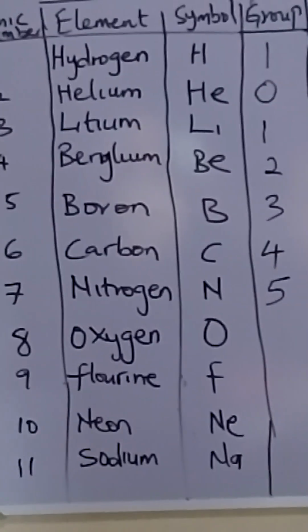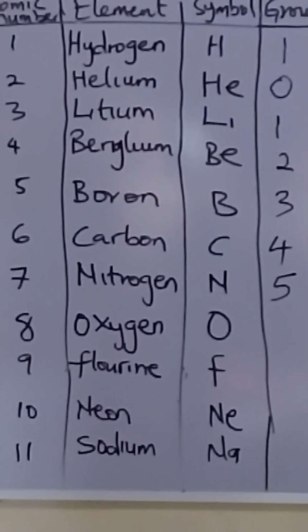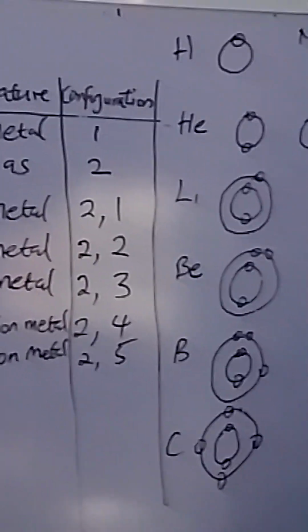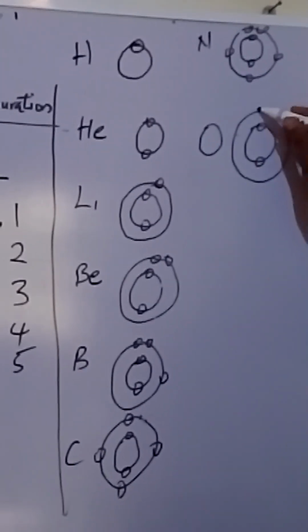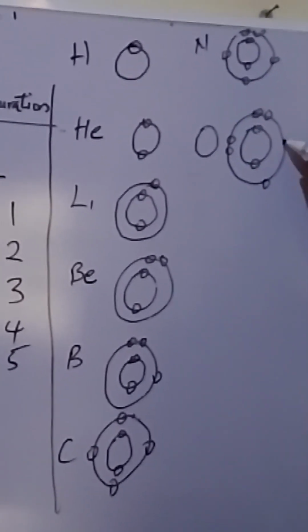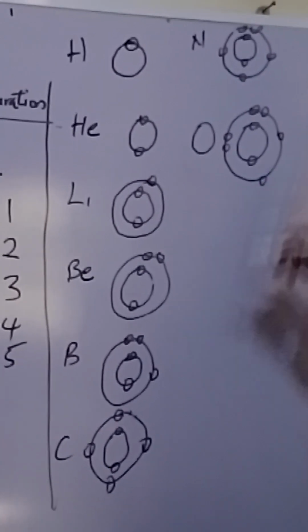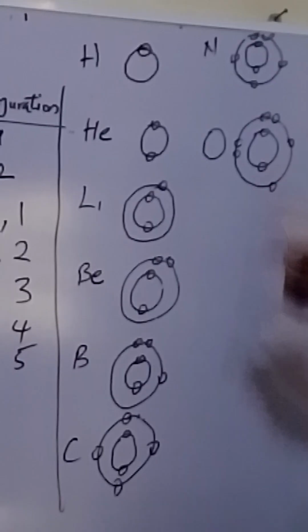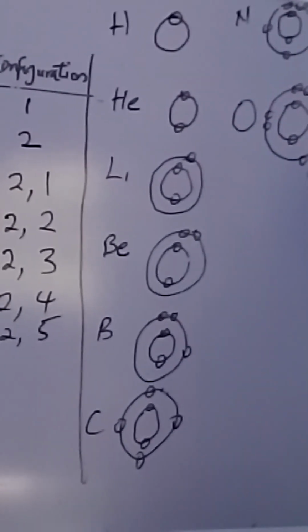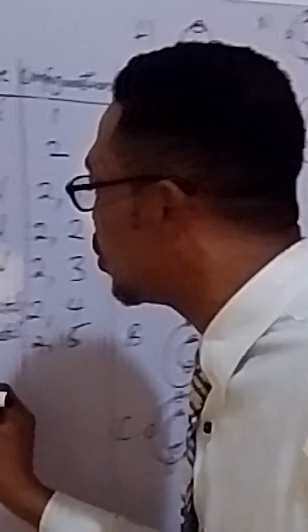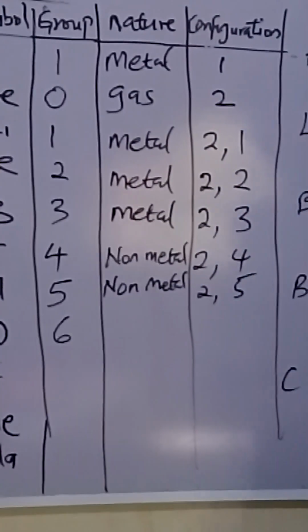We have the next one, which is oxygen. And oxygen atomic number is 8, meaning first shell filled with 2, then the second shell has 2, 2, and 2. That means 1, 2, 3, 4, 5, 6, 7, 8. And because it has 6 in the outermost shell, it belongs to group 6. And then it